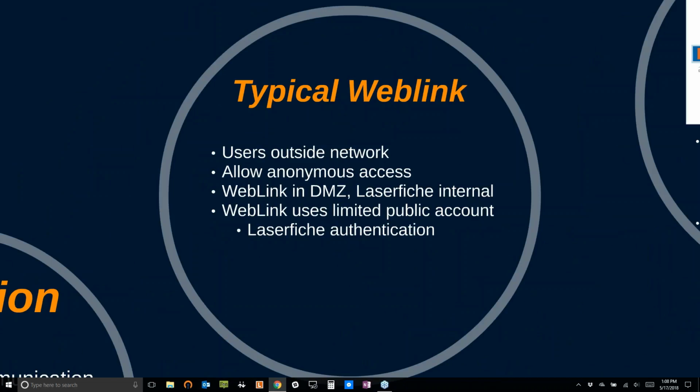All right, so typically when you implement WebLink, you will be interacting with users outside your network. A lot of times you're using anonymous access. So people will log in with just one connection profile across everybody who hits that website, and they'll all get access to the same files. That being said, that's not the only way you can use WebLink, which we'll see a little bit later. You can also allow people to log in, and then you will be able to give them access to different